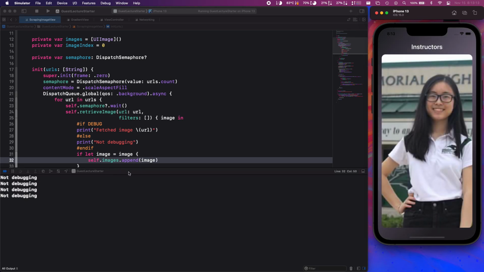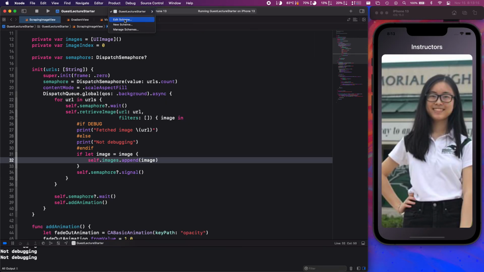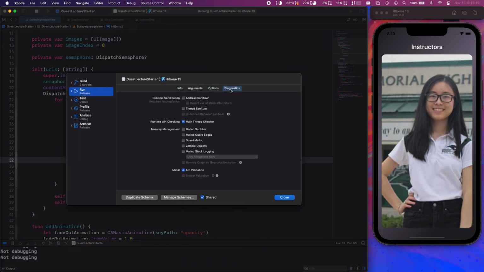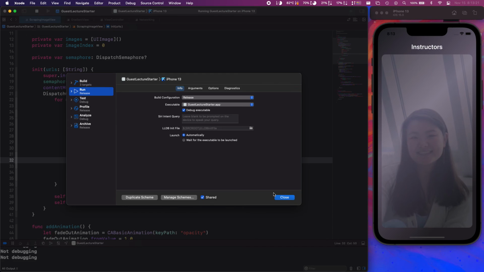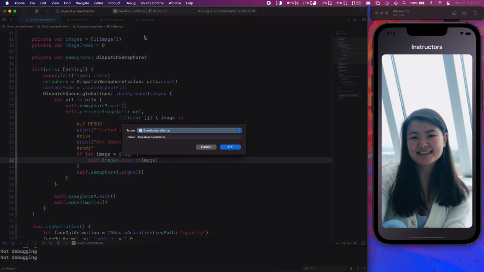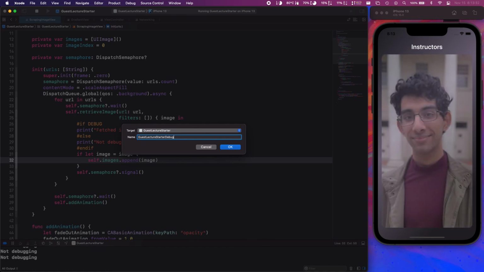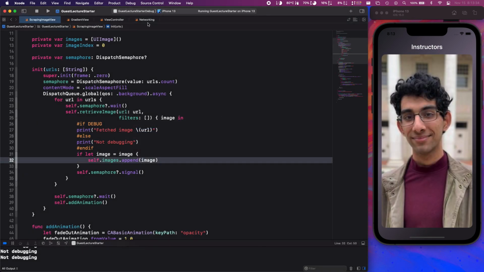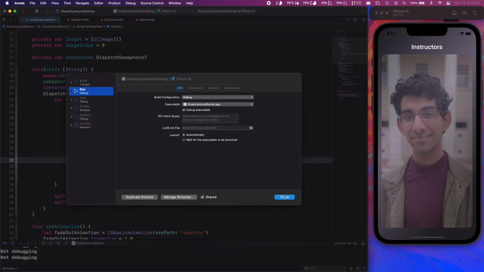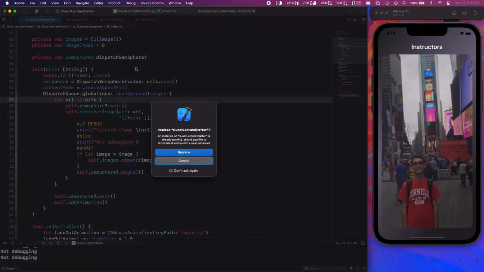it says not debugging. But you can imagine there's a lot of potentially sensitive settings here that you don't want people to be touching. So another way to do this is to add a new scheme whose sole purpose is for debugging. So if you noticed, I set the other one to be release. And so I'm creating this new scheme. You can toggle between them through this. I'm going to edit the scheme and make sure that we're on debug. So if I run this scheme,